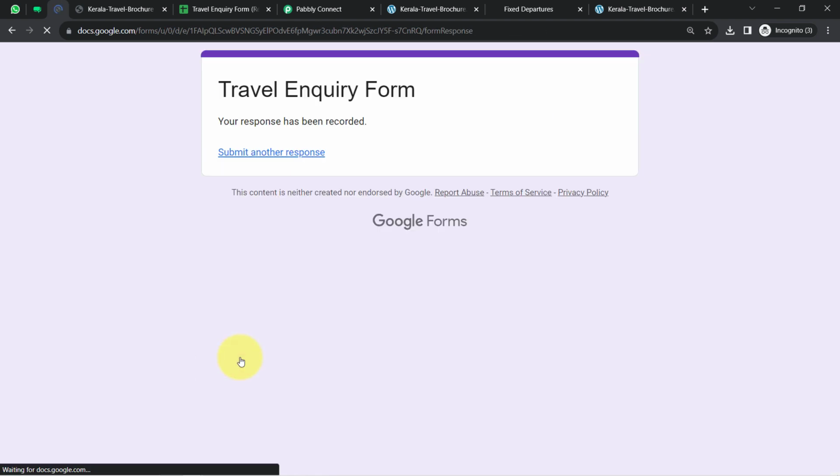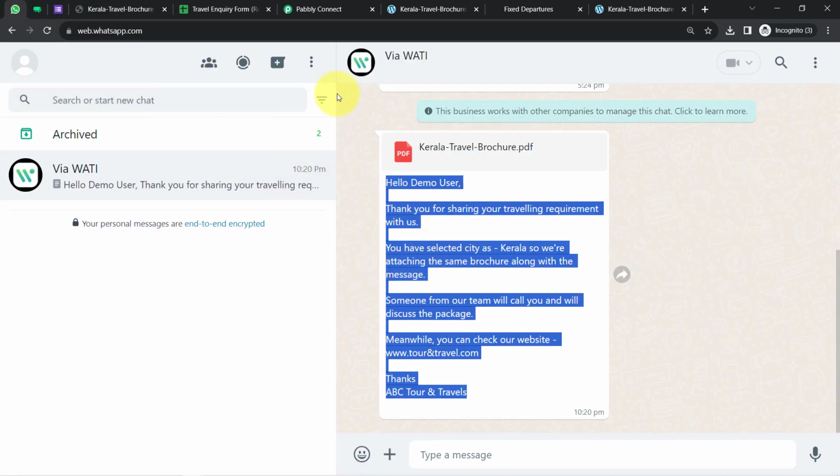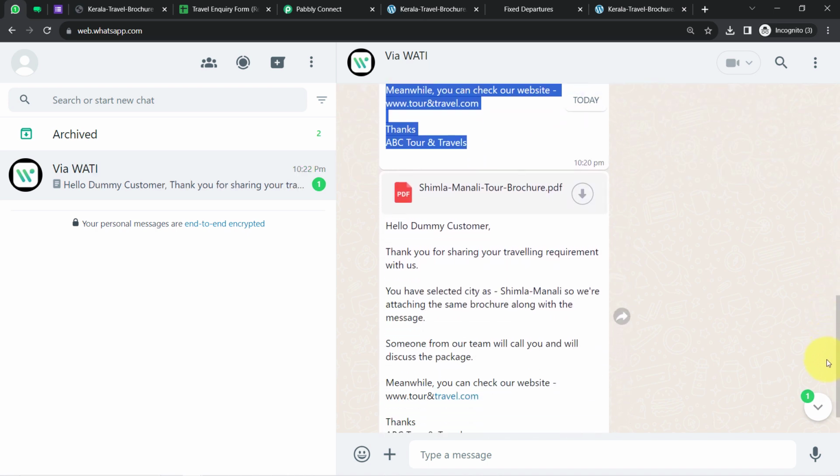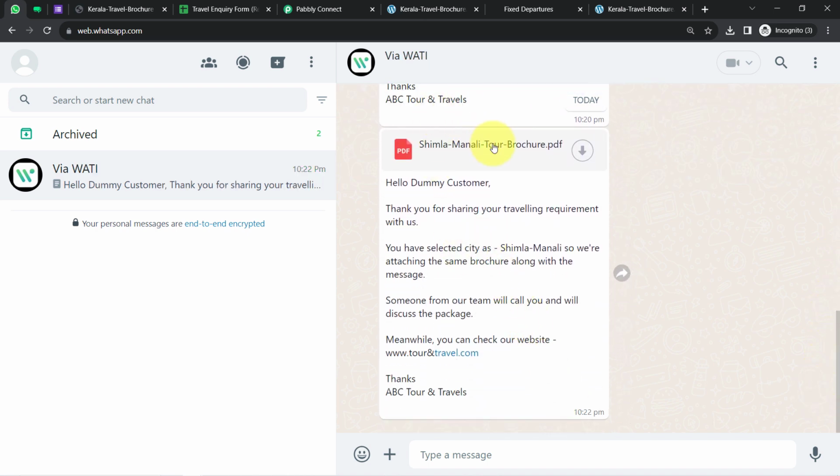Clicking on the submit button, and as soon as the submission is done I will wait for the message to be received along with the Shimla brochure, and here you can notice the message has already arrived. Hello dummy customer, thank you for sharing your requirement with us. You have selected city as Shimla Manali. So we are attaching the same brochure along with the message. Did you notice how the Shimla Manali tour brochure has been received? The name is also changed, the Shimla Manali city is also changed, okay. So in this way you can start sending dynamic files on WhatsApp using Wati